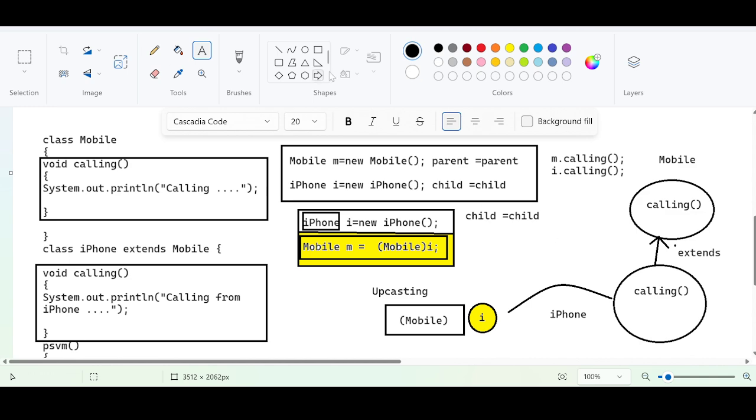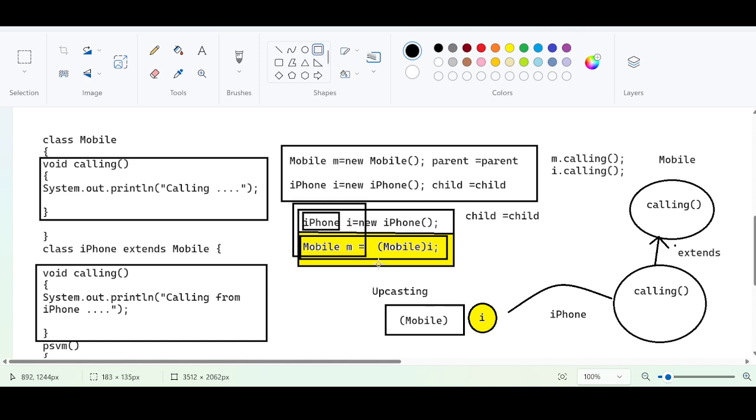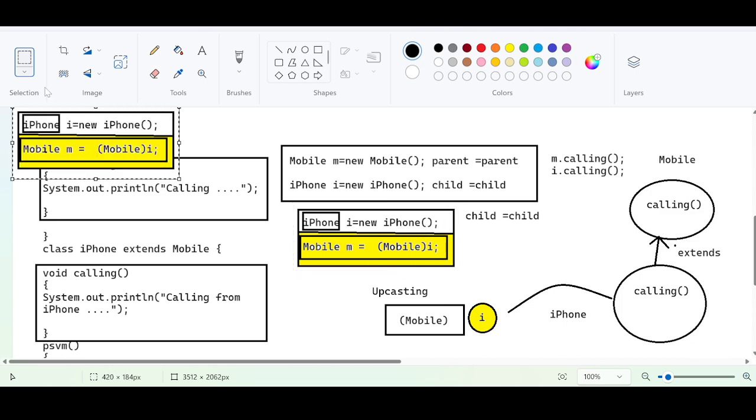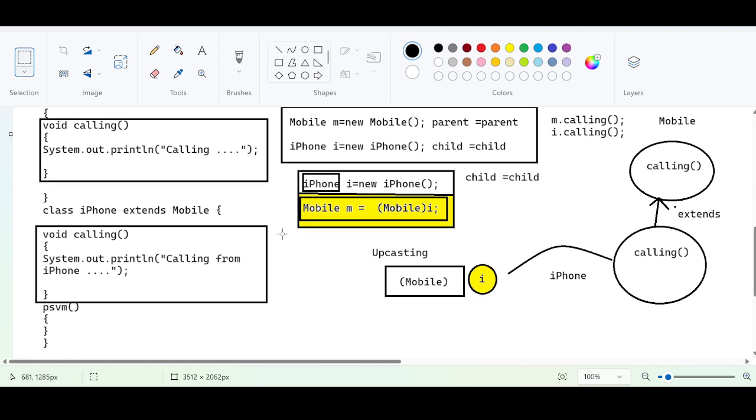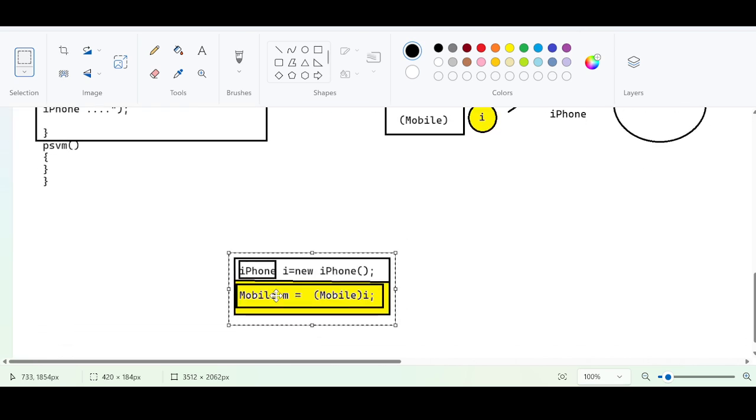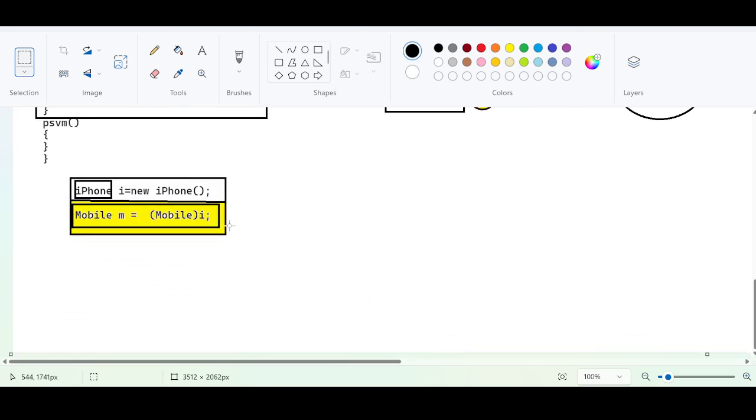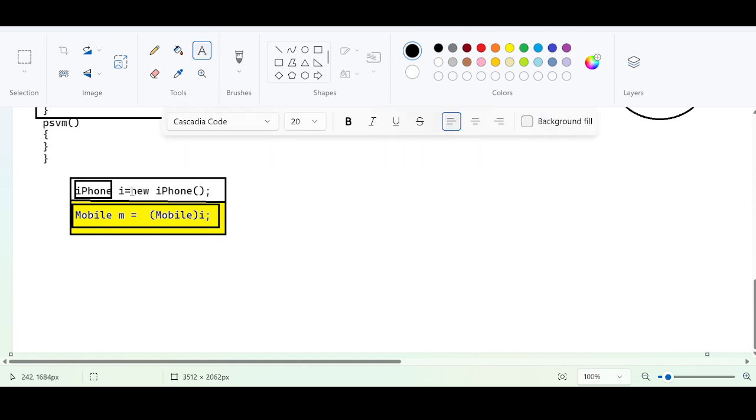Now let us focus on these two lines. We have achieved something with these two lines. So, line number 1 and line number 2. Instead of doing it like this, I can also do what? I can directly do mobile m equal to new.